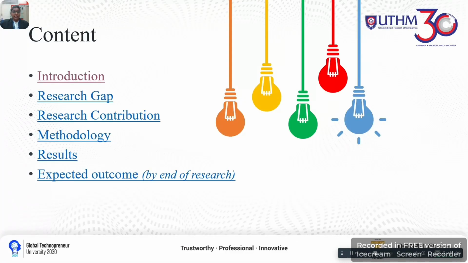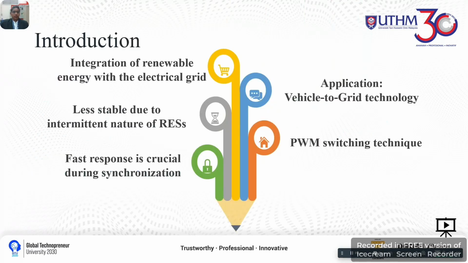Without further delay, the topics covered in this presentation are as shown. First of all, the introduction shows that the integration of renewable energy sources such as solar and wind with the electrical grid is less stable due to the intermittent nature of renewable energy sources. Thus, the system requires grid synchronization and better power quality, which may be achieved by the implementation of appropriate control